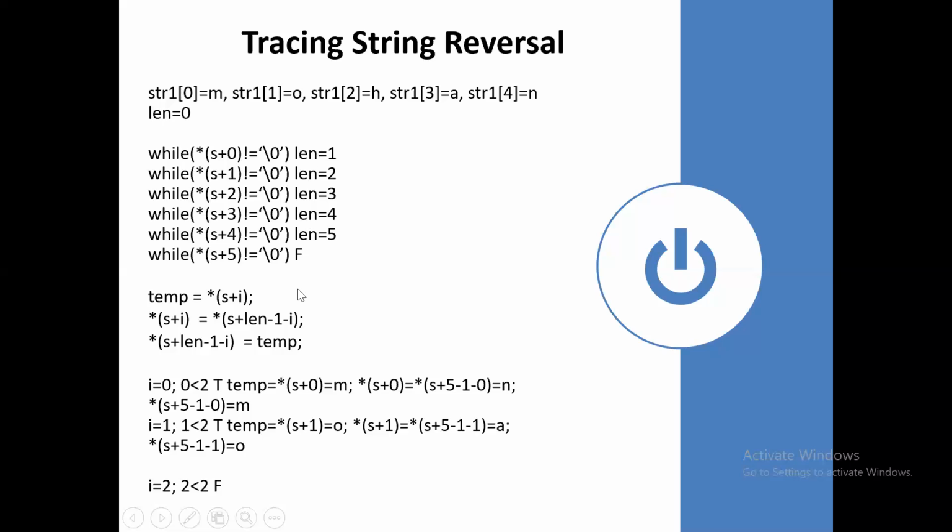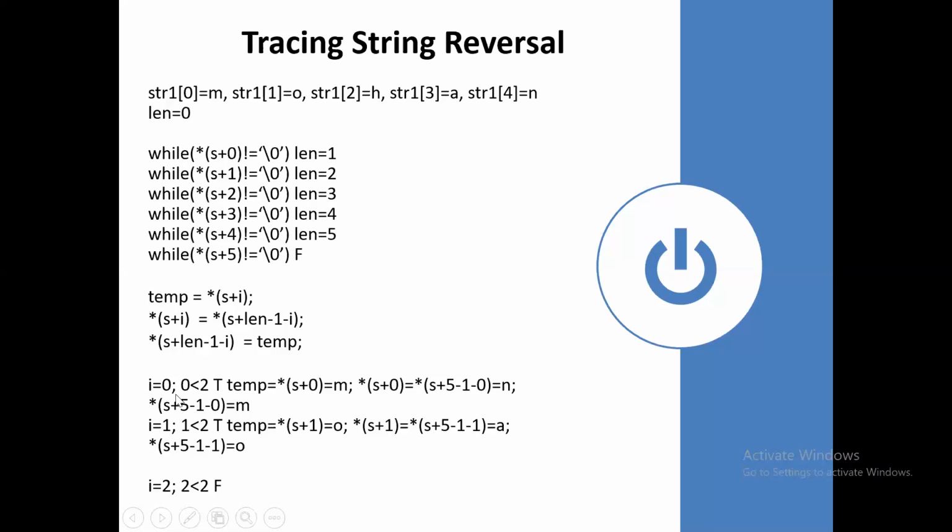Okay, then what's your duty? You are going to interchange the first character with the last character. First you divide the length, then you interchange the first character with the last character, then the second character with the second last character. How it works?